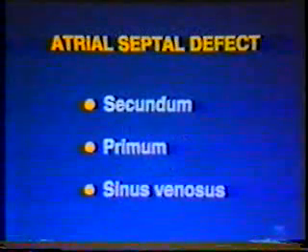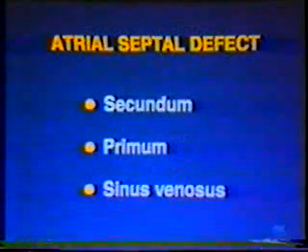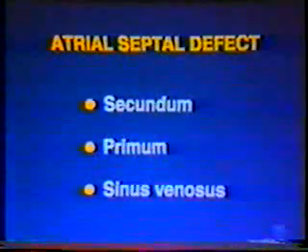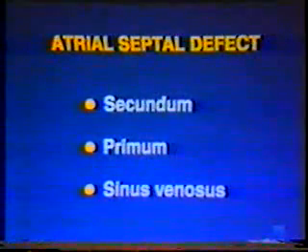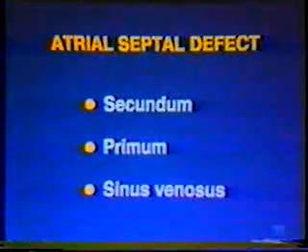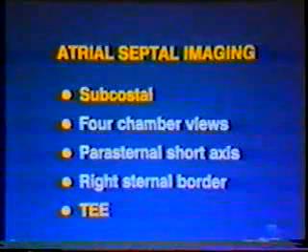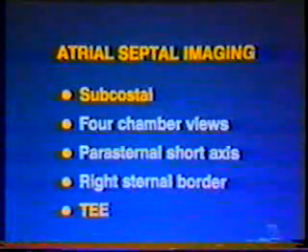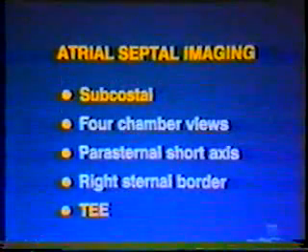Let us begin with atrial septal defect, which is one of the most common forms of congenital heart lesion seen in the adult cardiology practice. The 3 most common forms of atrial septal defects are ostium secundum, ostium primum, and sinus venosus types. Before discussing each individual type of ASD, we would like to emphasize that for a complete examination, the atrial septum must be scanned